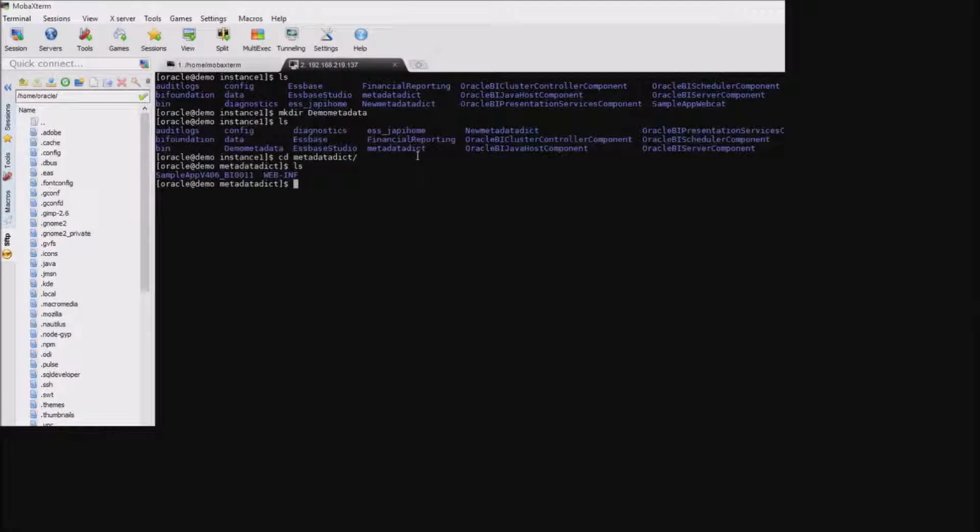file, the sample app v406, that is our metadata dictionary file, is already here, and I'm just going to copy this to our new directory and use the recursive because this is, and this will take just a second. Okay, so now that's copied over to our new directory,